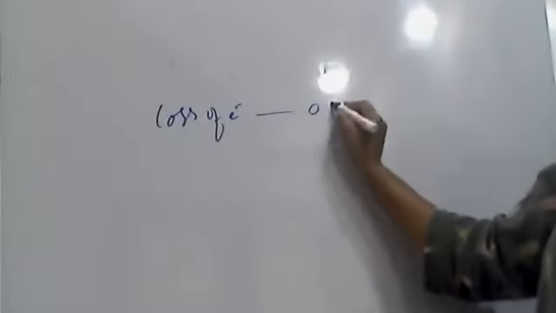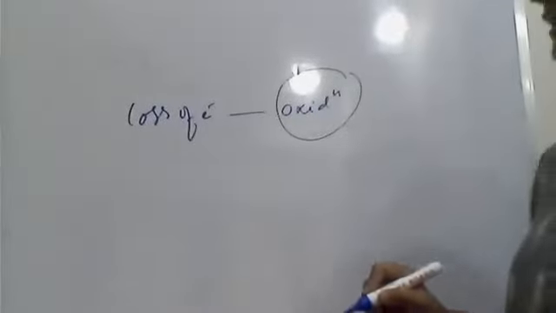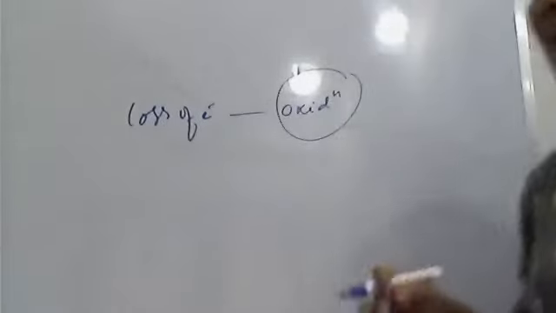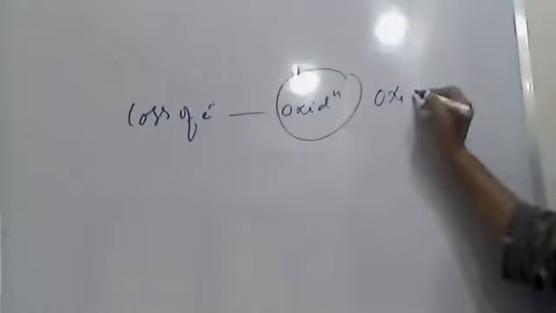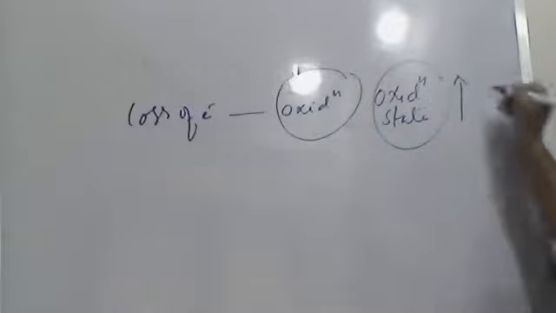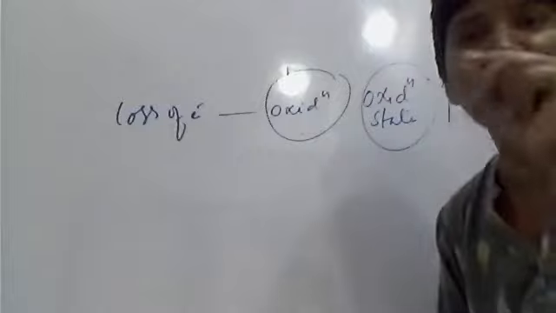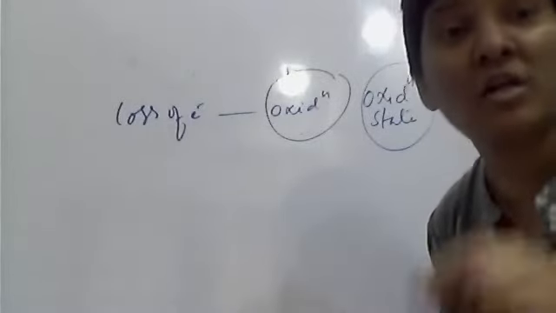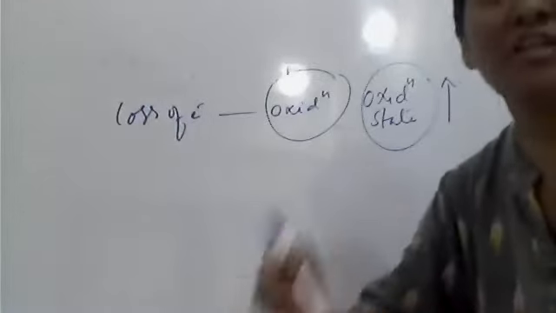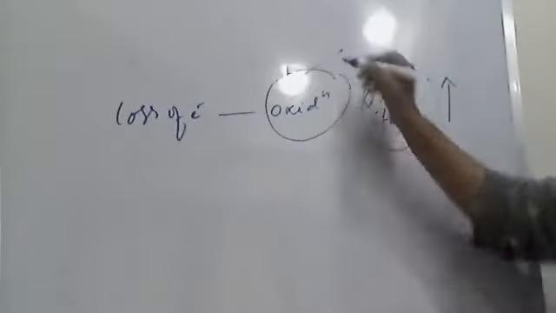What is oxidation? Loss of electron, oxidation. The loss of electron means minus electron. And as electrons are lost, what happens? Oxidation state, meaning the charge, will be increasing. Yes or not? So in the given reaction, you first have to check the oxidation states. Check either side of the arrow mark for which element's oxidation state is increased. If it is increased, it underwent oxidation.